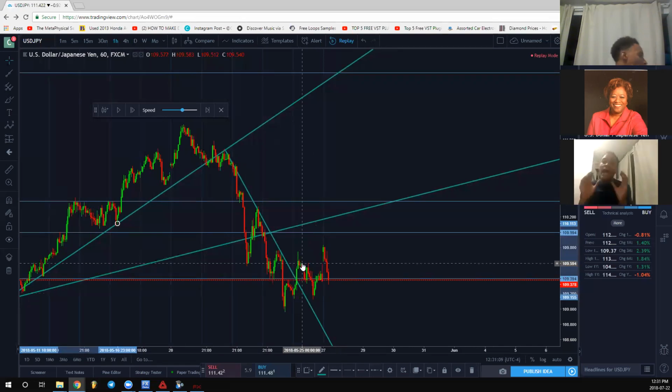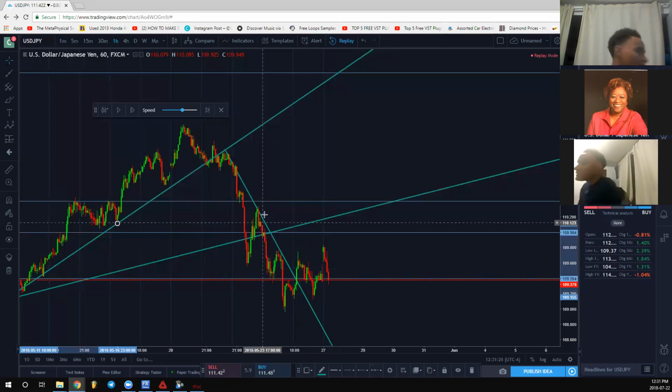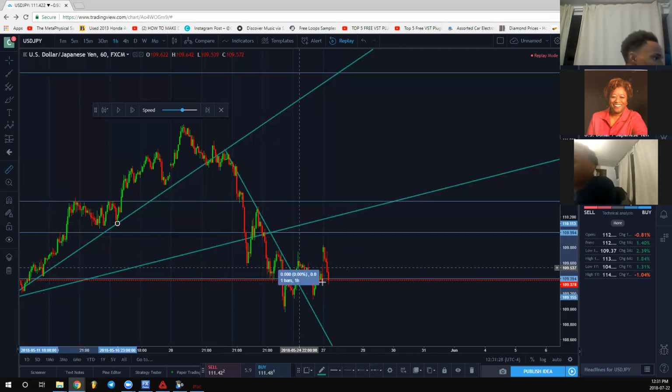And I promise you, demo this stuff first before you go live, right? Demo this stuff so especially you can understand how price moves and you can move accordingly. So I probably would have entered on this second candle right here, probably out here. I would have experienced about, how many pips of drawdown? About 30, 40 pips at the most of drawdown, but I would have most likely entered another position at this